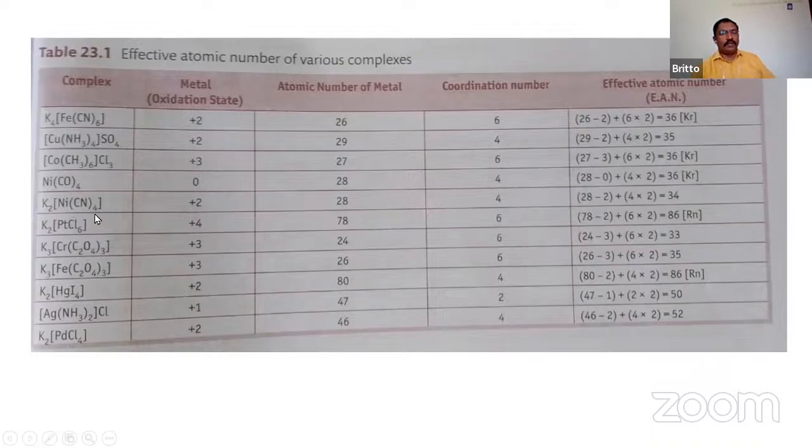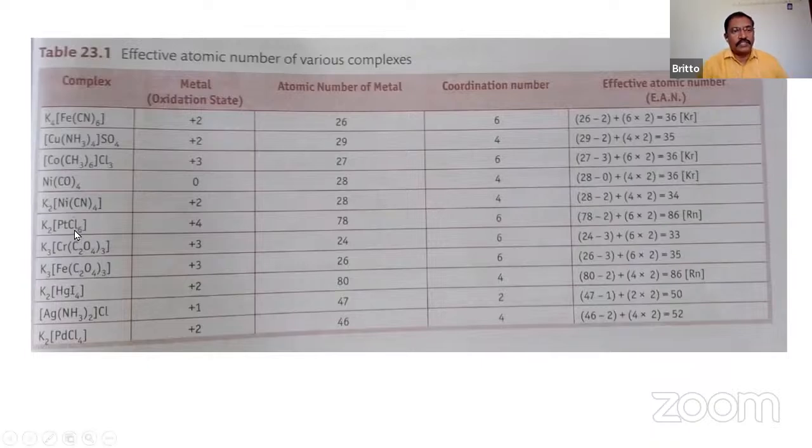And then tetracyanonickelate. Okay, tetracyanonickelate here has the +2 state. Look at this, it is 28 minus 2, 26, plus 8, only 34. Okay, its effective atomic number is 34. If it reaches noble gas configuration, it is stable. Okay, so based on that, you may be asked to arrange the complexes in increasing order of stability. Okay, and then